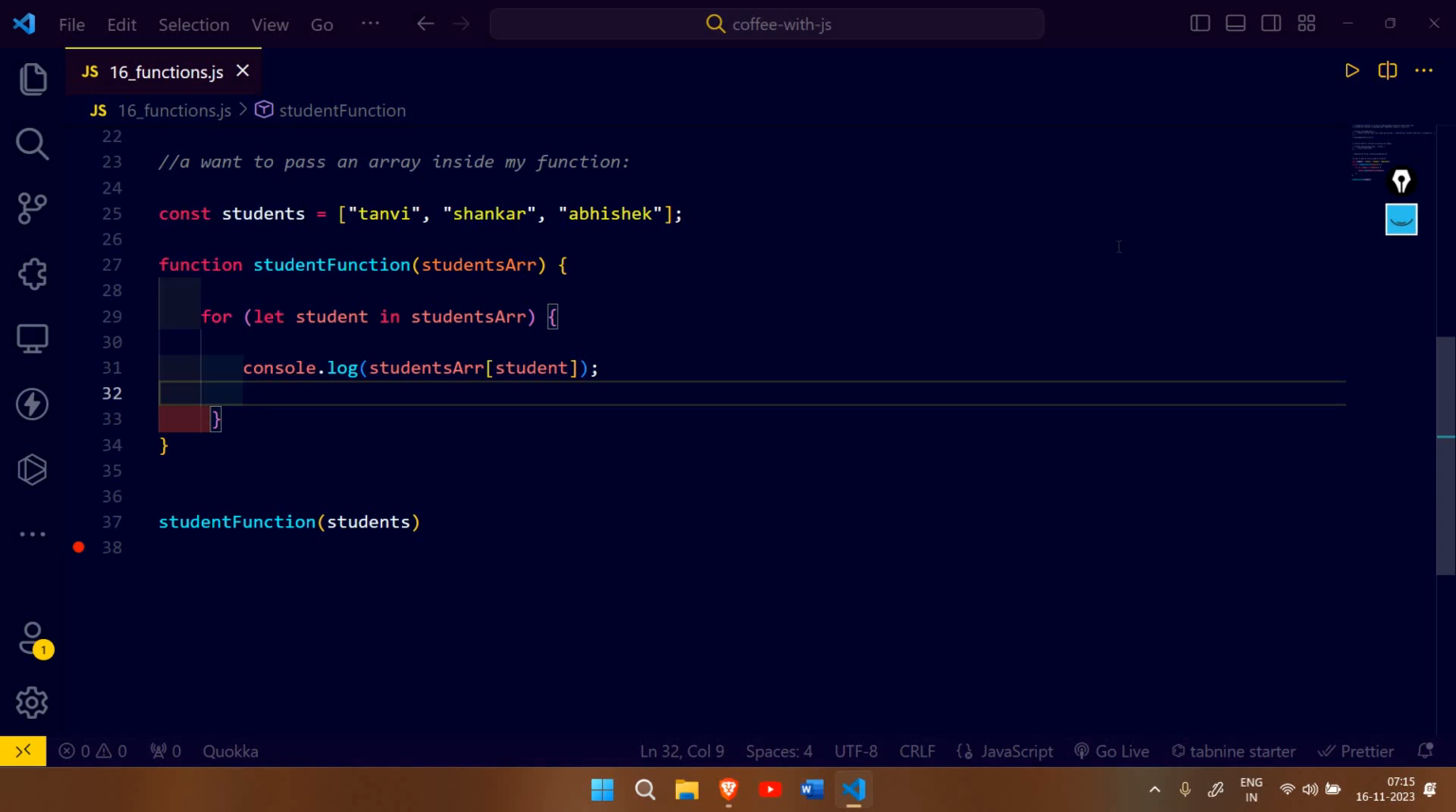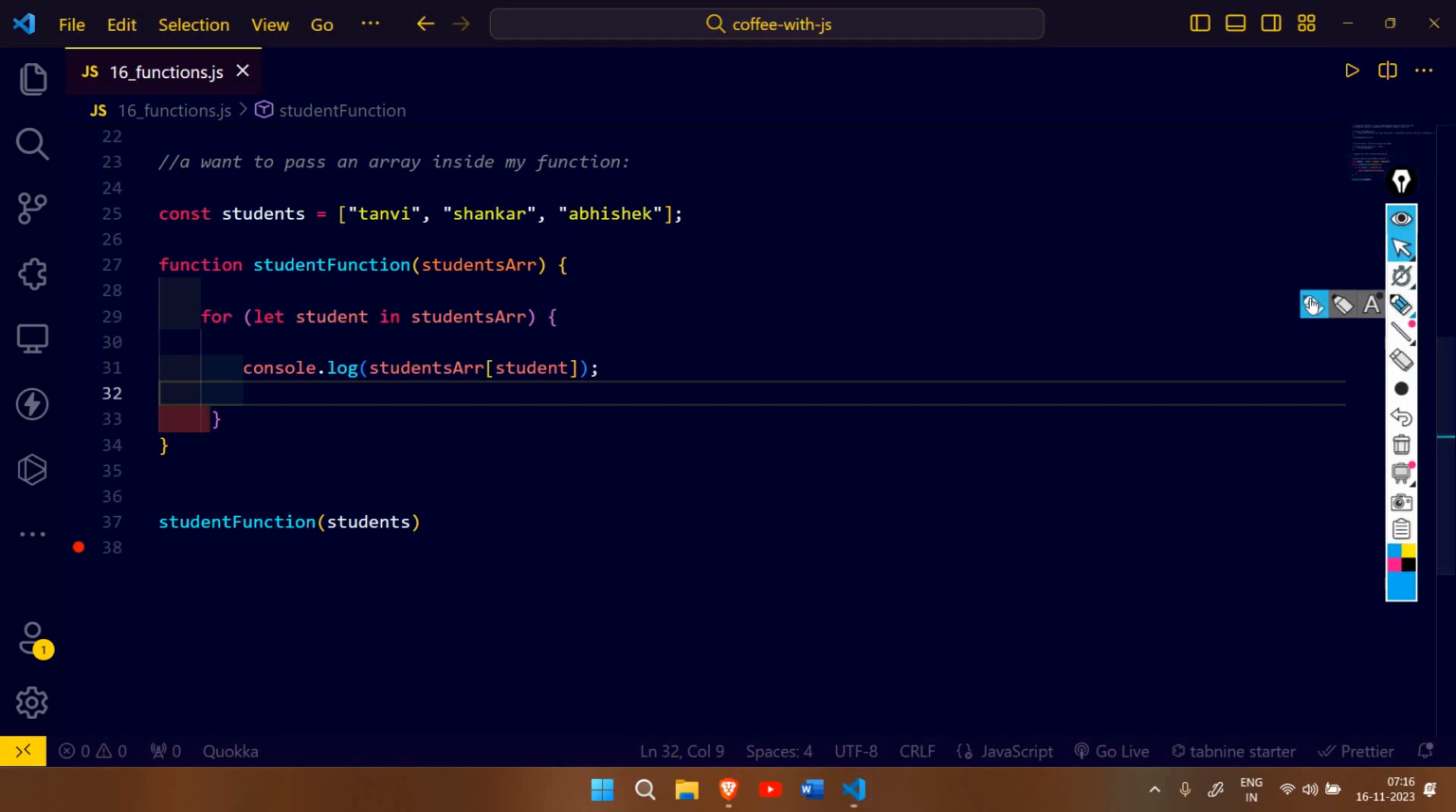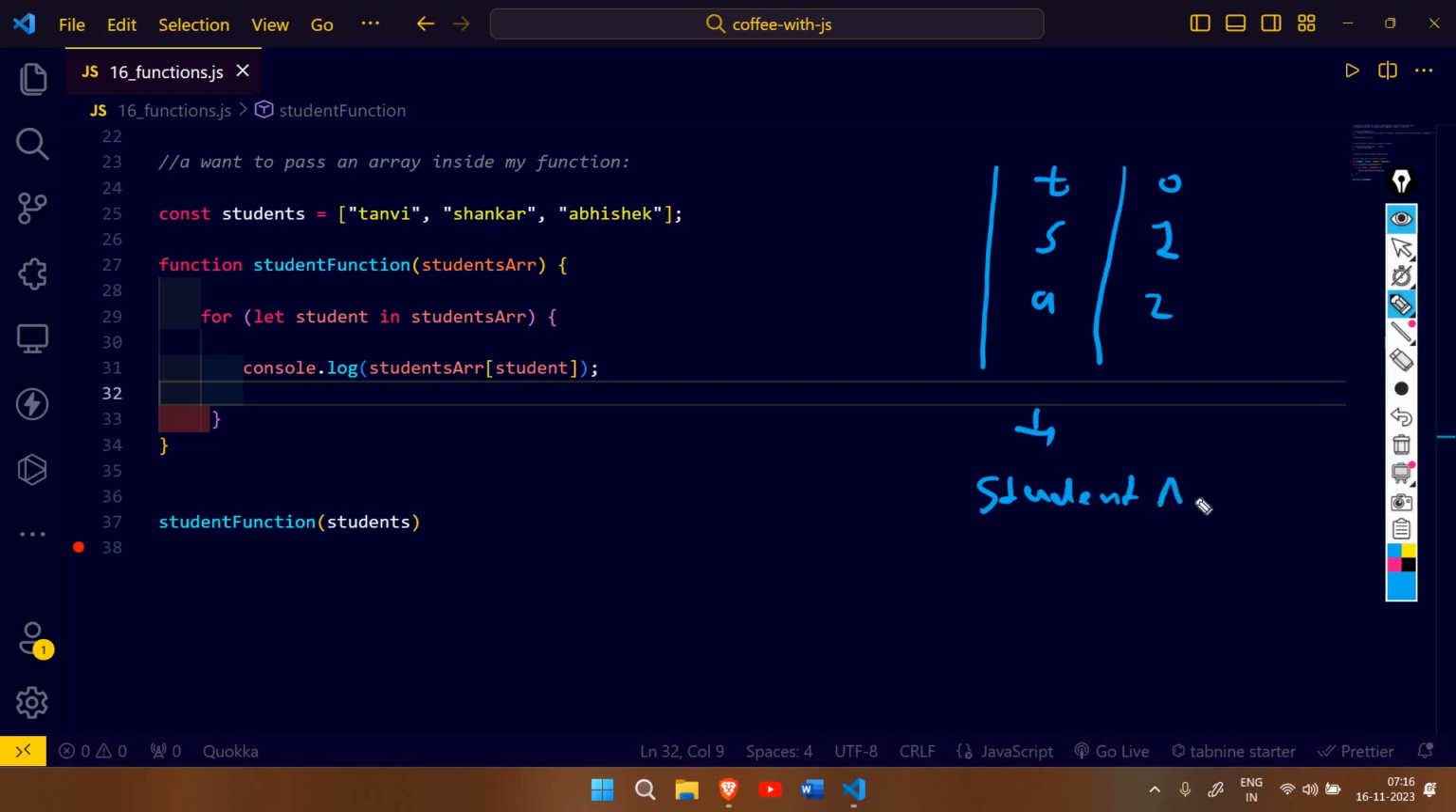पहले नंबर पर है तन्वी, दूसरे नंबर पर है शंकर, और तीसरे नंबर पर है अभिषेक। ठीक है, इसको आप इमेजिन करिए, इसको मैं थोड़ा सा ड्रामेटिक फॉर्म में आपको समझाता हूँ। तो लेट सपोज ये मेरी असेंबली की क्यू है। यहाँ पर फर्स्ट पोजीशन पर तन्वी है, सेकंड पोजीशन पर शंकर है, और थर्ड पोजीशन पर अभिषेक है। ठीक है, इस पूरे क्यू का नाम क्या है, स्टूडेंट एरे, या फिर कह सकते हैं इसको हम स्टूडेंट्स, दोनों ही सिमिलर है। इस फंक्शन के अंदर इसका नाम है स्टूडेंट एरे, और इसके बाहर इसका नाम है स्टूडेंट्स।